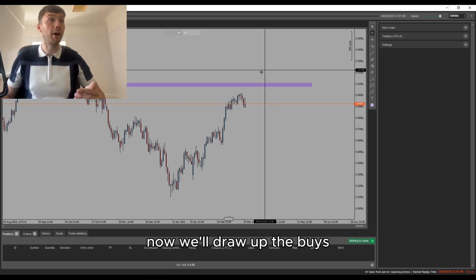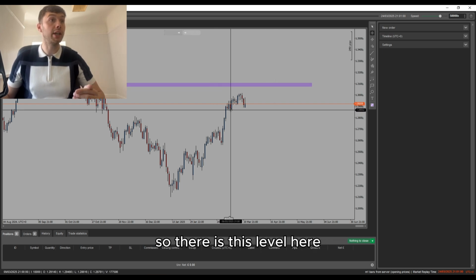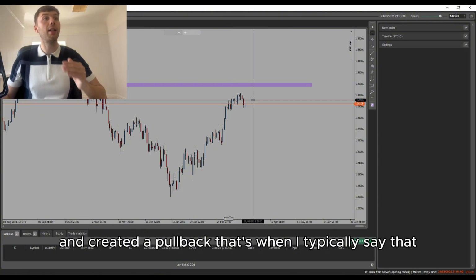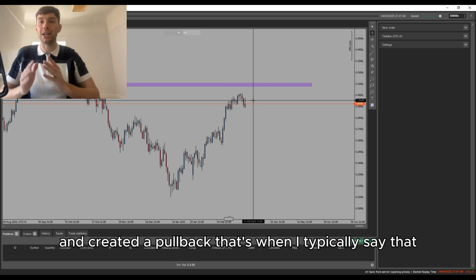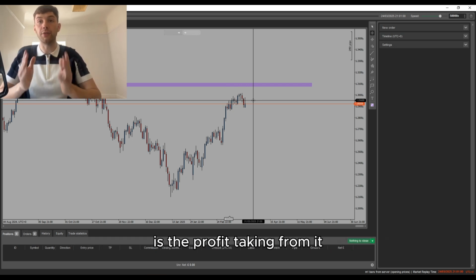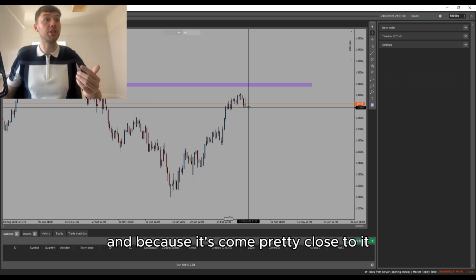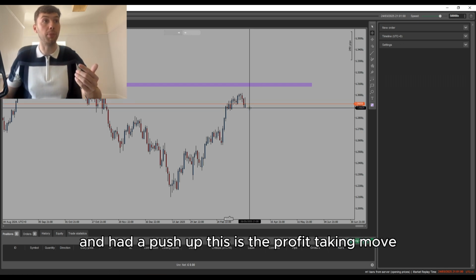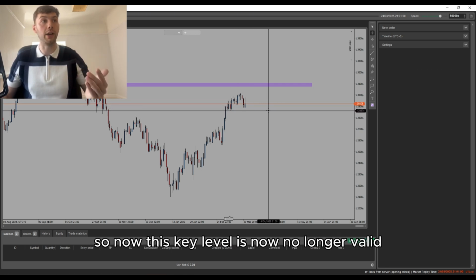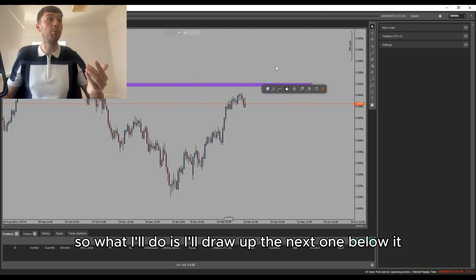Now we'll draw up the buys. So there is this level here, but because it's come pretty close to it and created a pullback, that's when I typically say that it's now no longer valid. Because what you're after when you get to a key level is the profit taking from it. And because it's come pretty close to it and had a push up, this is the profit taking move. So now this key level is no longer valid. So what I'll do is I'll draw up the next one below it,